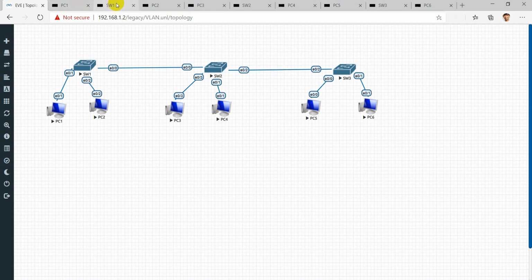Now we'll create some VLANs and assign these users to those VLANs. We'll create VLAN 10 for PC1 and PC3, and VLAN 20 for PC2 and PC4. I have also attached these devices here. I will configure a different VLAN here, and take you through the allowed VLANs list in the trunking. Now I'll go on to switch 1.